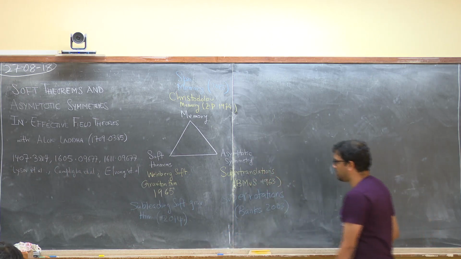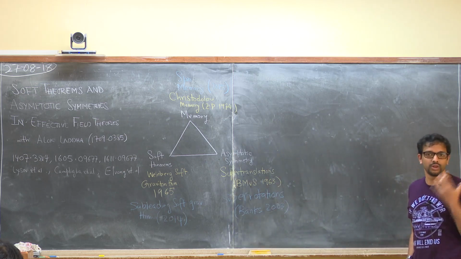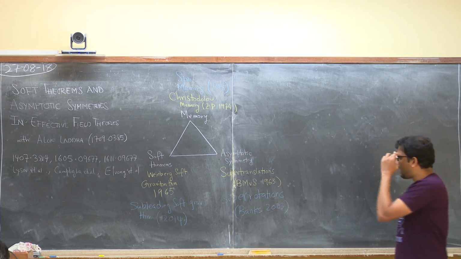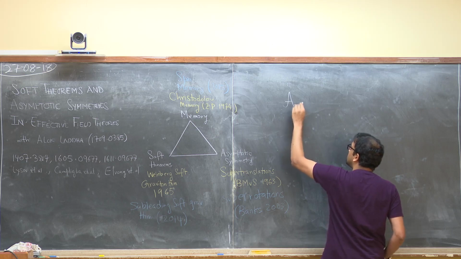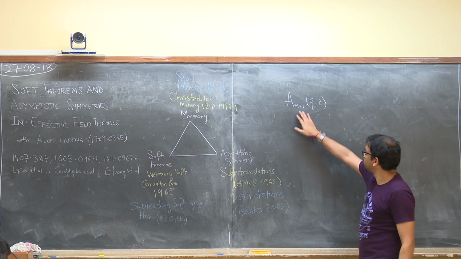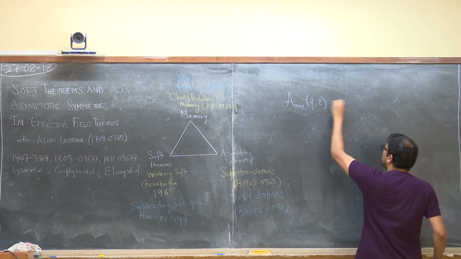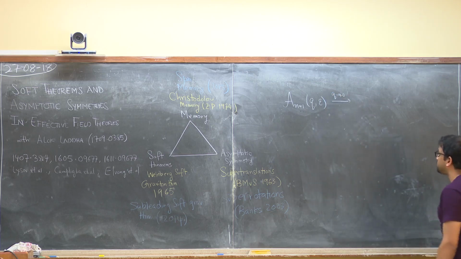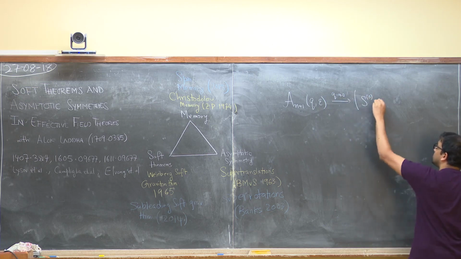So when Cacciazzo worked out the subleading soft graviton theorem, it was a brute force sort of calculation. He worked out a whole bunch of amplitudes in pure gravity. And he showed that the following structure existed. So I have an n+1 point amplitude with a graviton with momentum q and polarization epsilon. And I'm interested in the soft limit, which is when q goes to 0. And then the structure that he found was S0. Let me write it down.